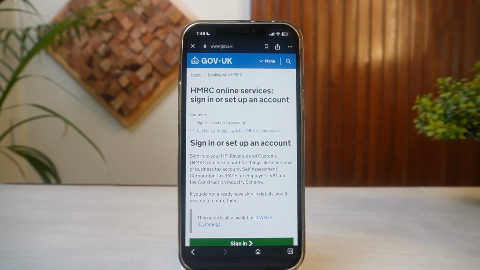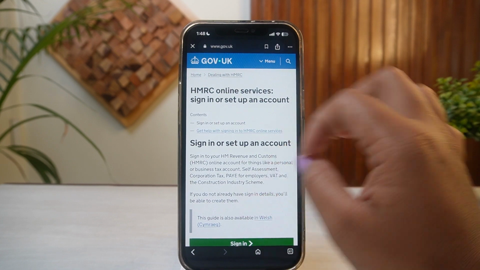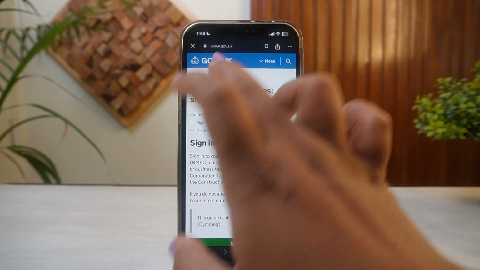How to delete your HMRC Gateway account permanently. So in here, the very first thing that you need to do is simply get into your